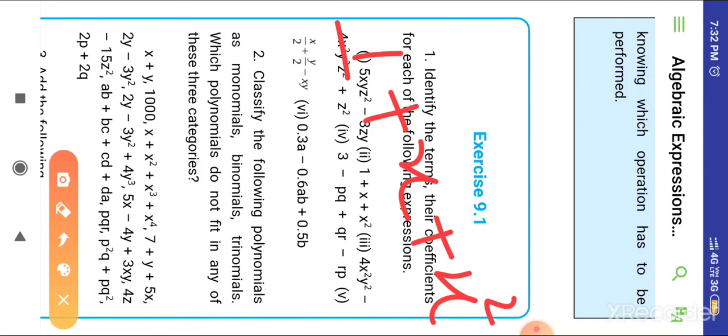Now move to its second part. In the second part, the question is 5 upon 3 plus 3 upon 5. As you can see here, both the denominators are different from each other. So first we have to equate the denominators of the rational numbers by taking their LCM. First we are going to find the LCM of 3 and 5. The LCM is 15. Now we are going to convert each rational number with denominator 15.